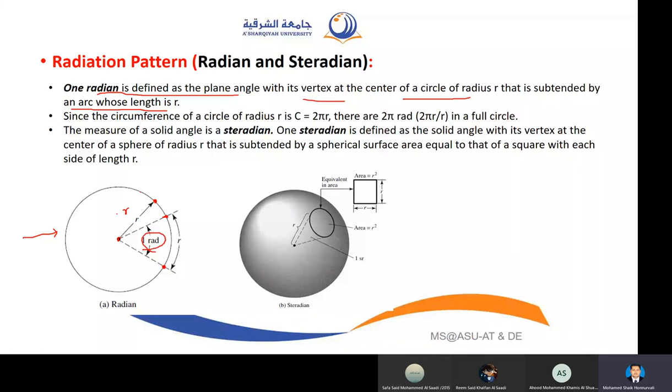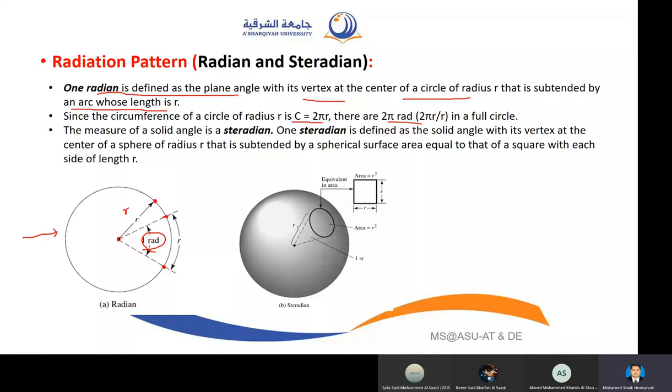In this circle, how many radians will be there? Can you think? We know that the circumference of the circle is given by 2 pi r. Therefore, how many radians do we have? If you divide 2 pi r by r, we have 2 pi radians in one full circle, right? This is basic mathematics, maybe you studied it in primary school. Anyway, you forget it, I know. So this is the quick recall. This is called a radian. Next, see what a steradian is.